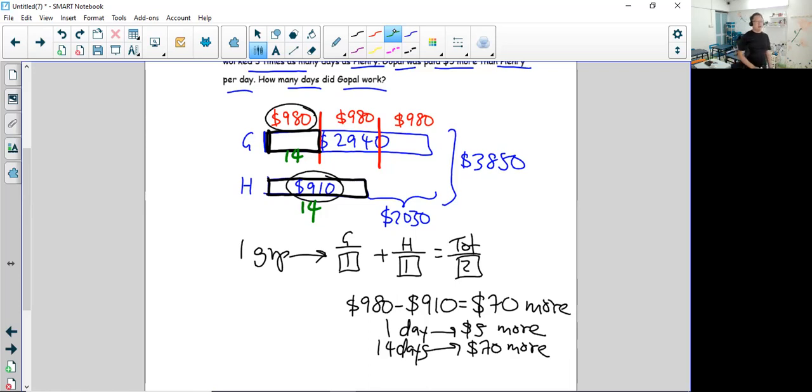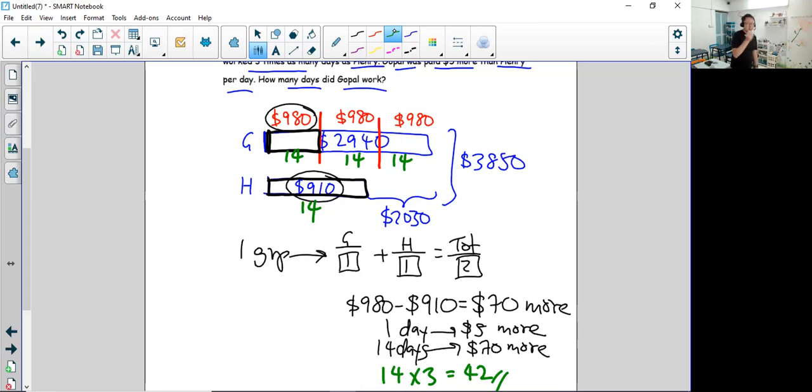And so now we know that if one group has 14 days, then Gopal has 3 groups. So how many days did Gopal work? 14 times 3, and you will get 42 days. So Gopal must have worked 42 days. And that's how you solve this harder problem, which is not so obvious because we don't know how to make